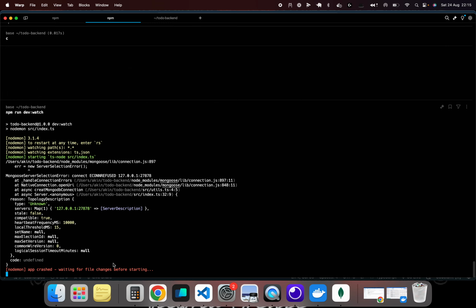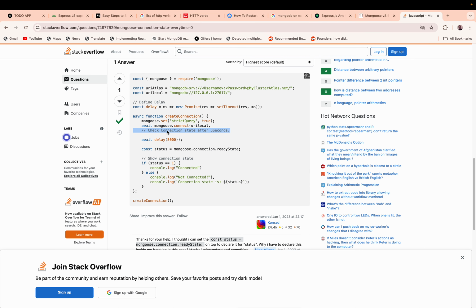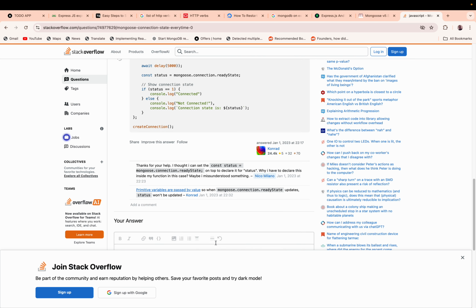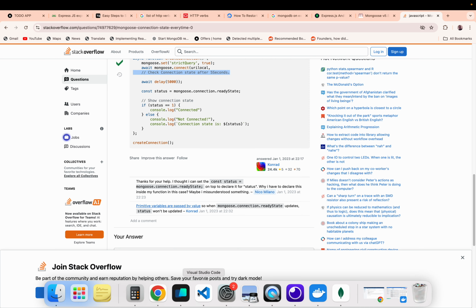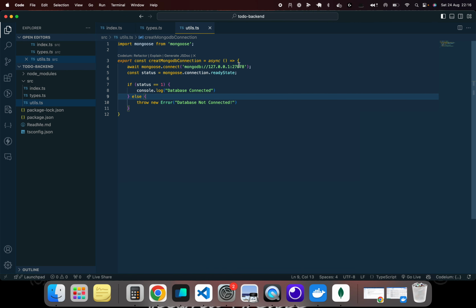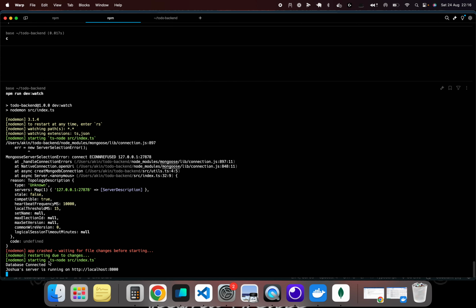So I'm assuming that what really happens is whenever MongoDB can't find a connection, it consistently tries to find it. Because as you can see here, this code is actually checking connection states every 5 seconds. I don't think we should go into all that for now. We could just move forward and get this back to what it was before, and then our database would be